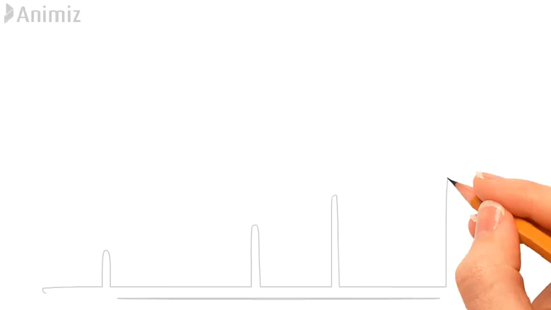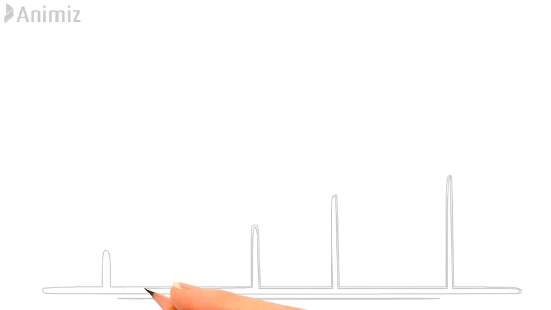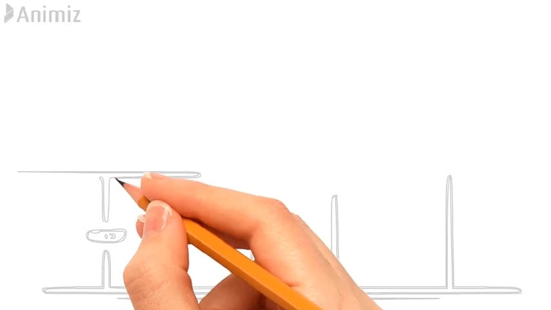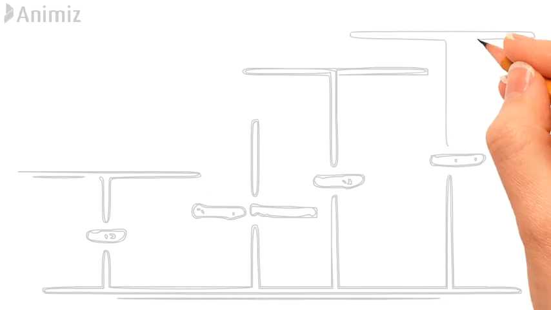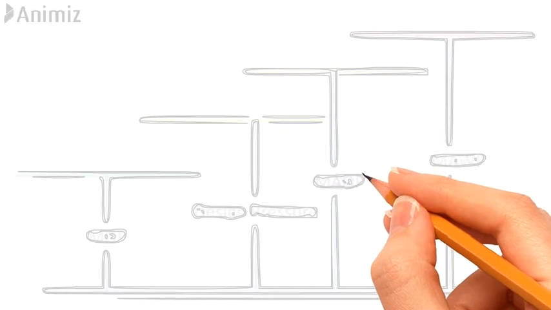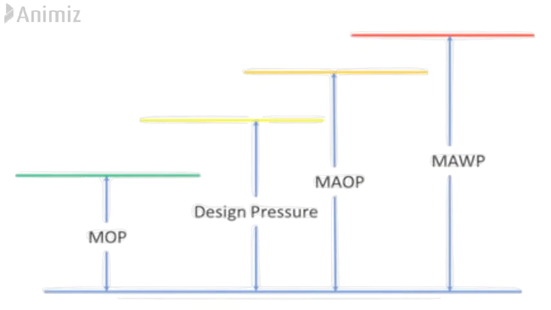We'll go through some important definitions. Maximum operating pressure. This is the maximum value of pressure expected during normal operation of the vessel. Design pressure. Design pressure for a vessel is taken by adding a suitable margin to the maximum possible pressure during normal operation. This design pressure value is used to determine the minimum thickness for all vessel elements by applying vessel design rules to the design pressure.